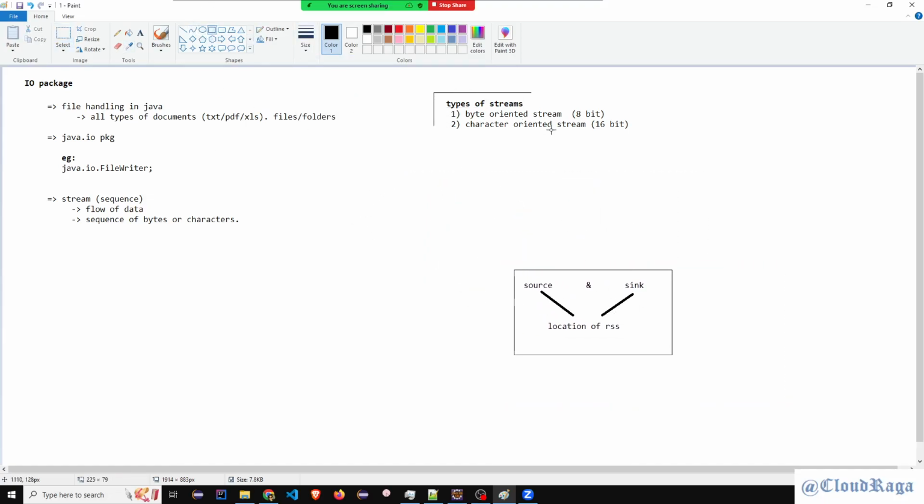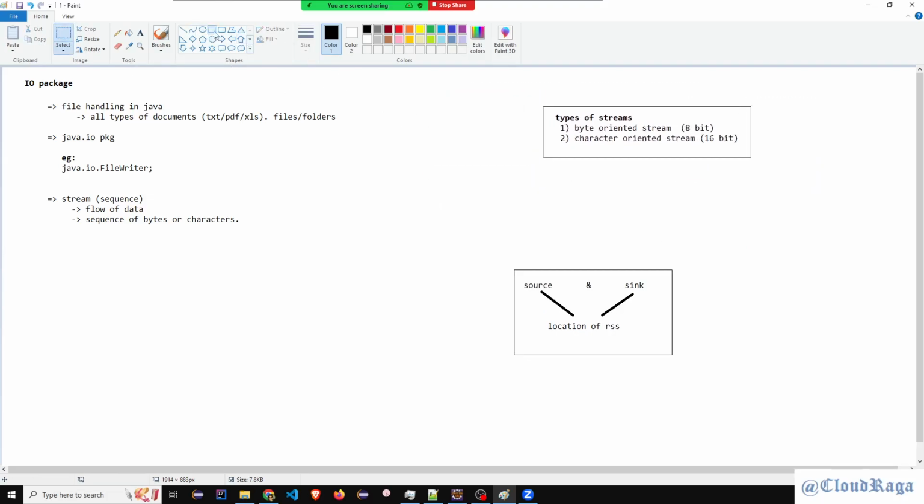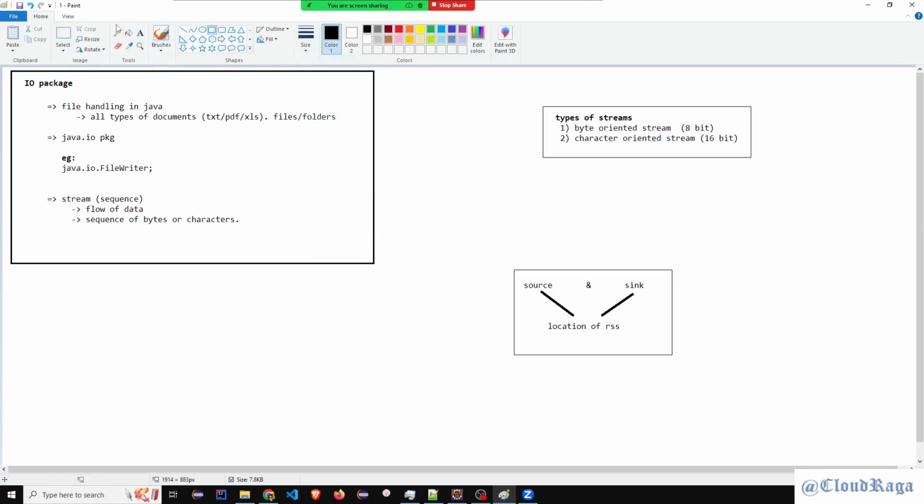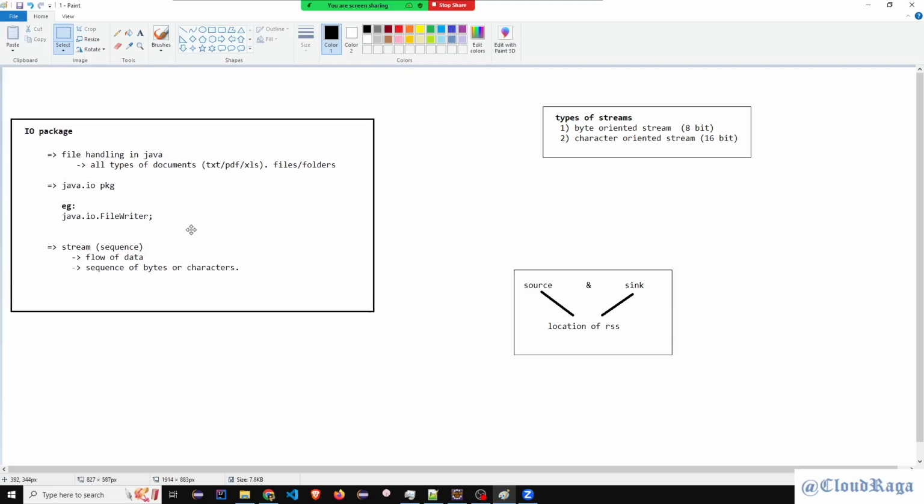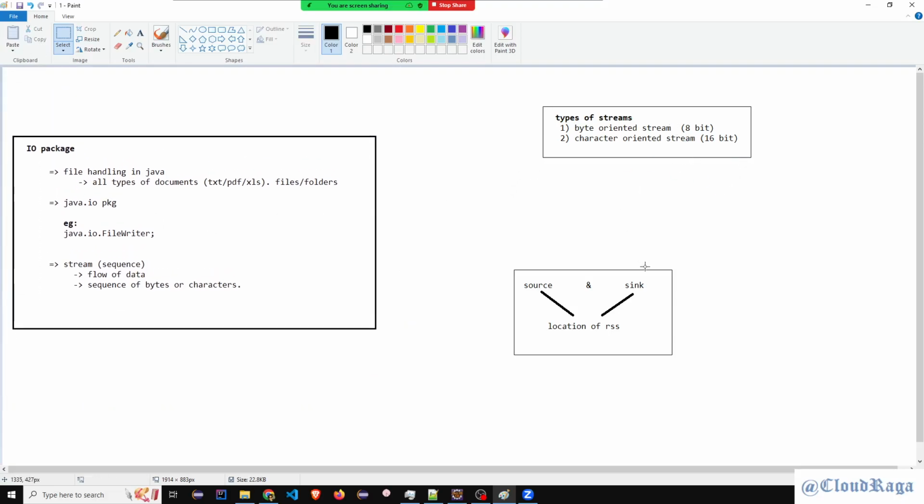So we now know what the IO package is, at least what we can do with it, and what types we have: byte oriented stream and character oriented stream. Next is the term source and sink.